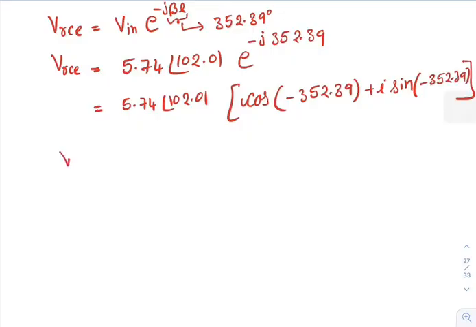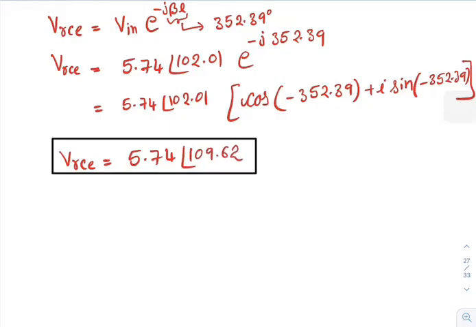Upon solving, we will get the voltage at the receiving end equal to 5.74 angle 109.62, and this is the answer for our second question. The voltage at the receiving end is equal to 5.74 angle 109.62. If you want to represent the same value in a plus jb format, it is minus 1.927 plus